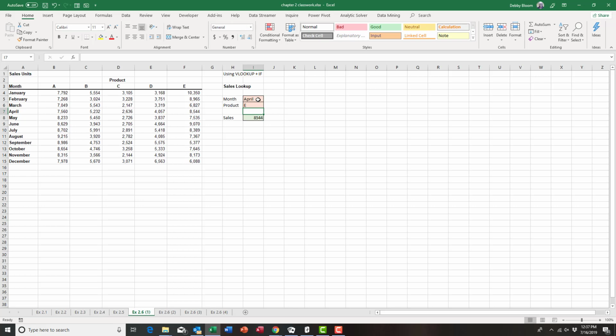Alright, now let's try exercise 2.6 using IFS instead of nested IFs. It just makes it a little bit easier. So we're going to click on the EX 2.62 worksheet tab. Now we're going to use VLOOKUP and IFS. So I'm going to click in the green cell, cell I8, and type equals VLOOKUP,